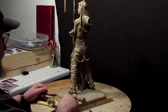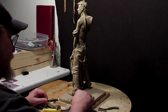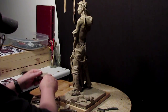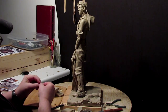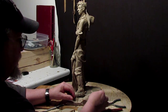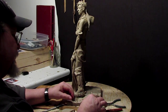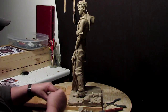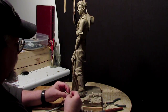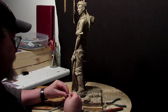Now there'd be ash built up inside here, so the base of these rocks would be filled in too. Ash. And there'd be sticks in the fire. That morning fire would be cooling down because he's getting ready to leave. So there wouldn't be as much wood left. This would be just maybe a piece that